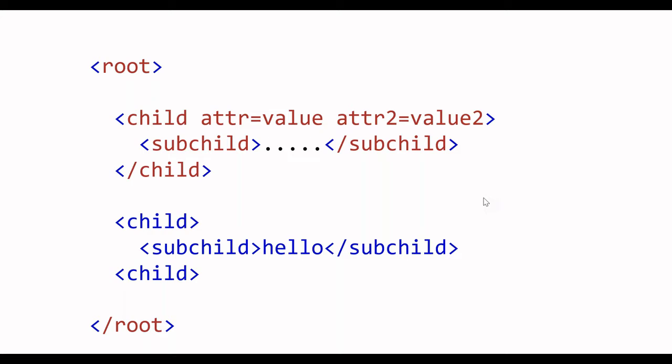An XML file mainly consists of elements, sub-elements, attributes and text. If we observe here, this is my root element, and inside the root element I have two elements, child element 1 and child element 2. I can also have different elements, but for better reference I have used the same element now, but you can maintain different elements as per the requirement of storing the data. It will continue with attributes: ATTR is one attribute, ATTR2 is another attribute.